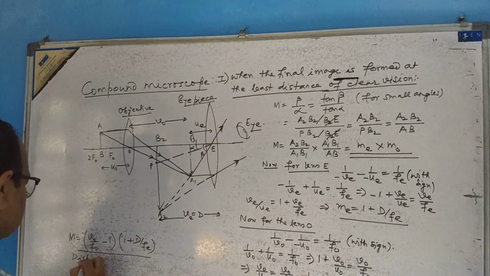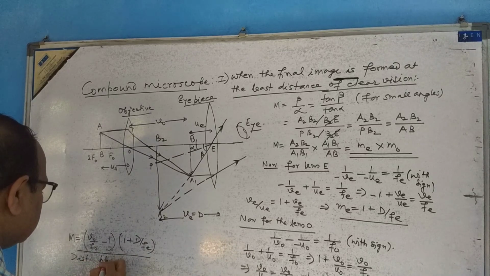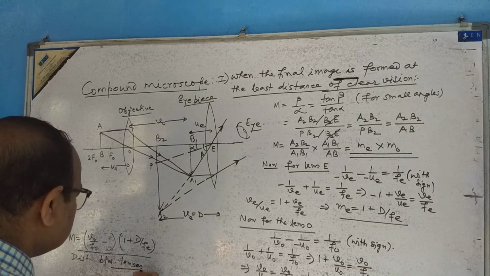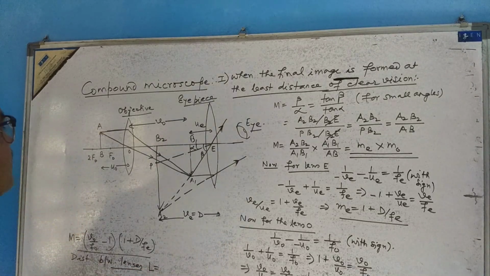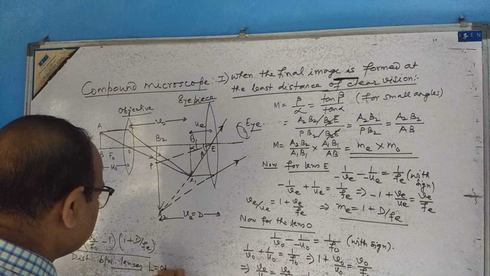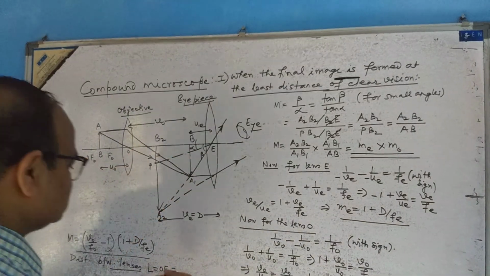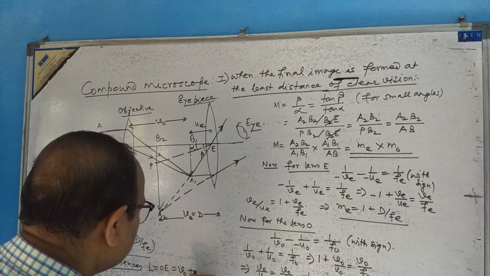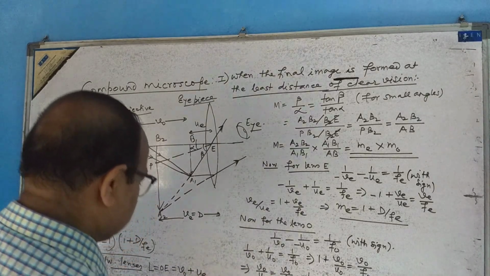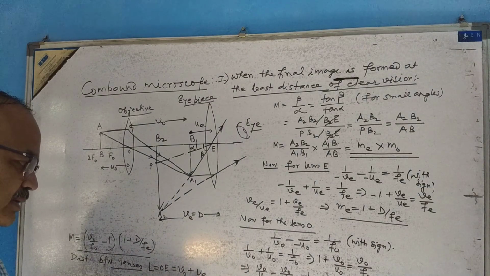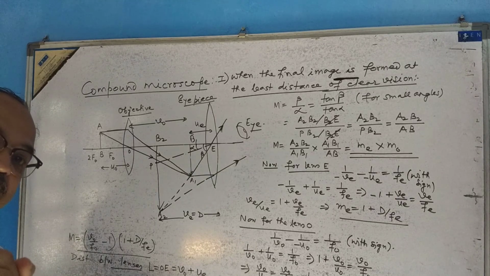Distance between lenses, that is L, must be equal to how much? OE. OE is the distance between the two lenses. I write VO plus UE. But mind this, one thing should be very clear. When you are writing VO plus UE, it means this UE should be always written positive because it is the